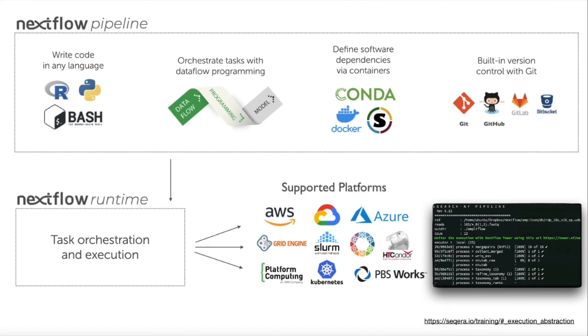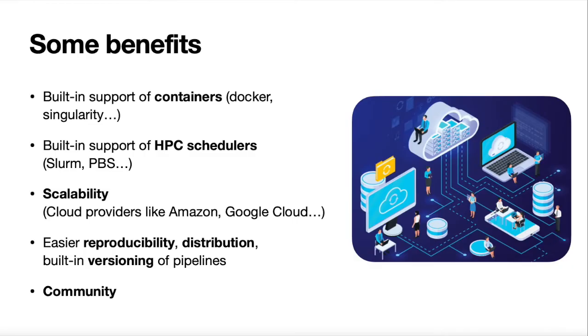And then there is the runtime, so the actual engine that will transparently execute your workflow in the premises that you have. And the small box is actually a screenshot of the execution runtime, where you can see that there are different tasks being executed. Some are pending because they're